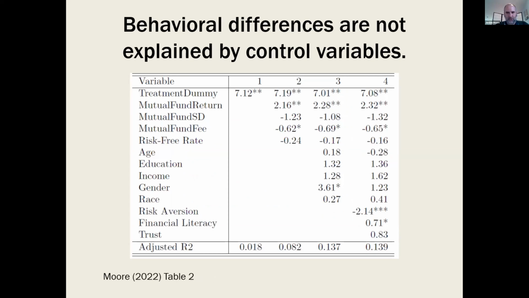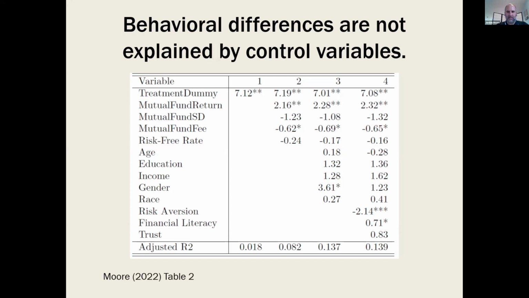So this chart shows my main result, which is that after you include various controls, this treatment dummy is statistically significant at the 5% level in all 4 of these specifications. In the first specification, the treatment dummy is the only variable that we look at. When we include historical return characteristics of the fund, so the fact that across the trials, sometimes the fund does better or worse, sometimes the risk is higher or lower, we get the sort of directions that we expect. But the significance of the treatment dummy and sign is very stable.